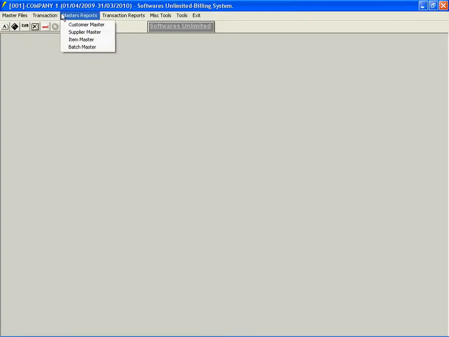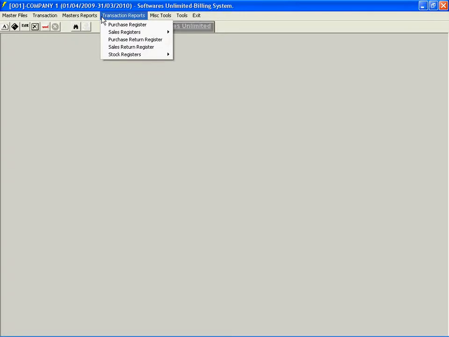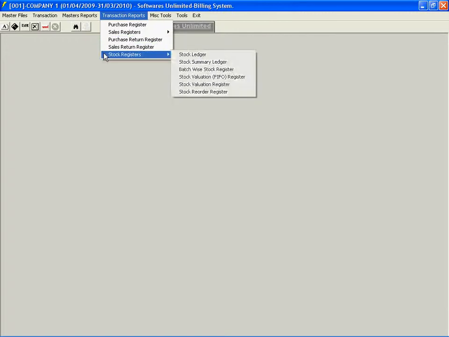In master reports there are customer master report, supplier master report, item master report, batch master report. In transaction reports there are purchase register, sales register, purchase return register, sales return register, stock register.